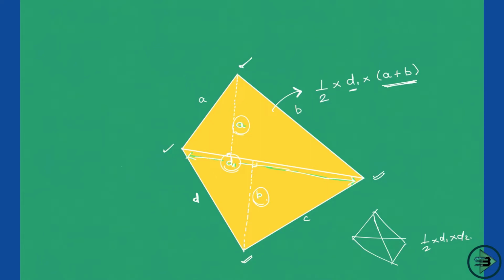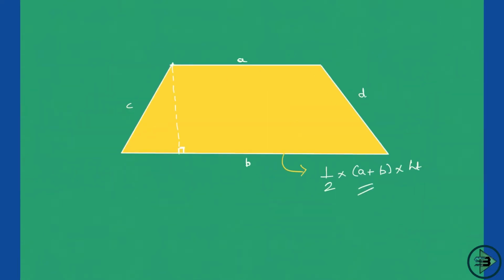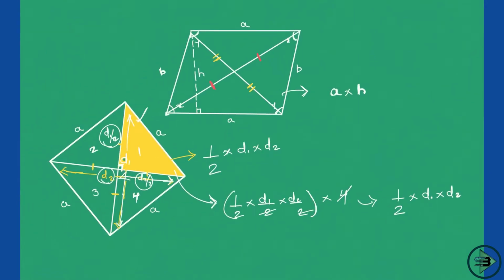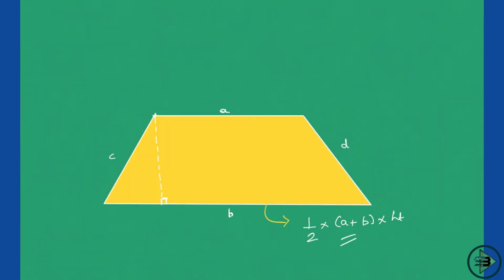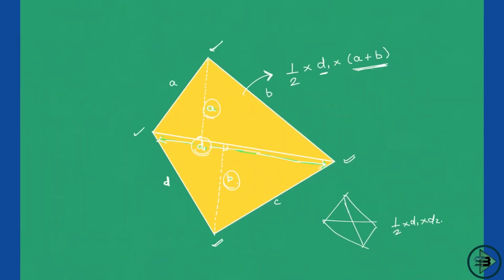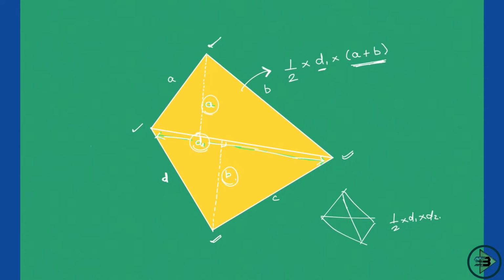I hope these four things are clear now. For any quadrilateral we know the area. For the trapezium we know the area, as well as for the rhombus and parallelogram. Perimeter is very simple for all four quadrilaterals. So this was the concept of quadrilaterals, covering four quadrilaterals here. Rectangle and square we have already covered, so we are not doing them in this part.